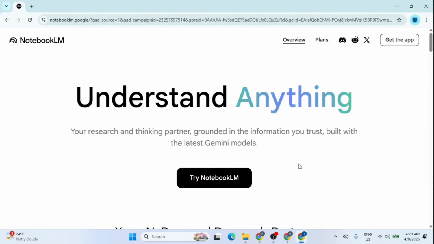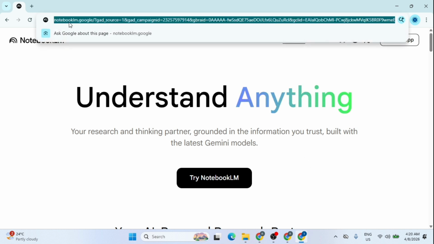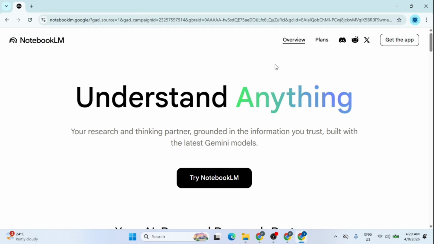In this video, I will show you the step-by-step process for logging into Google NotebookLM so you can start organizing your research. I begin on the official NotebookLM landing page, which introduces the tool as an AI-powered thinking partner grounded in your own data. To get started, I'll move my cursor to the center of the page and click the